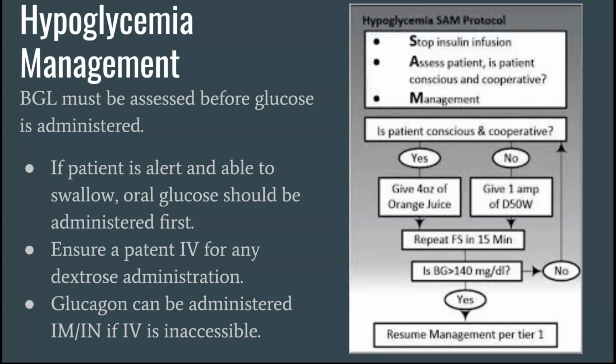If you have a patient who is able to swallow, 100% give them oral glucose first, okay? If you don't feel like opening your oral glucose, you can also ask the family to make them a sandwich, right? So you want to have something that has a little bit of protein, a little bit of fat, and a lot of carbohydrates. Orange juice is great and all, but at the same time, that only lasts for a certain period of time. Okay, it's fast acting. The body's going to store that sugar right away. If you give the patient a more complete meal, they'll maintain their blood sugar longer than